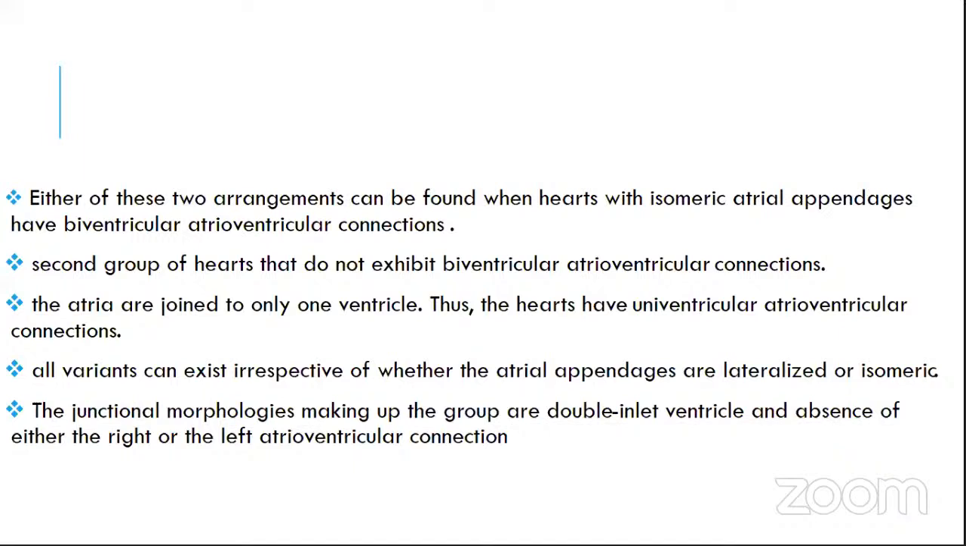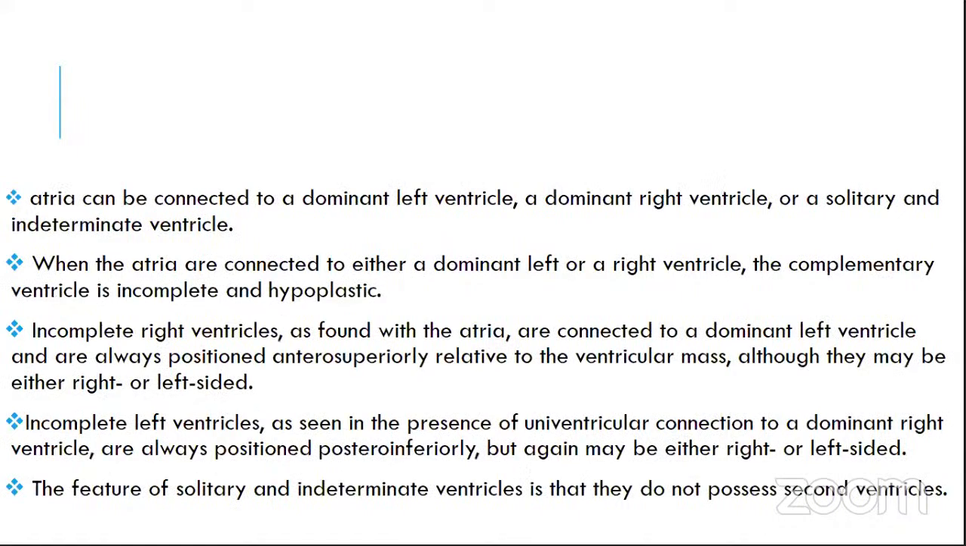The junctional morphologies making up the group are double inlet ventricle and absence of either the right or the left atrioventricular connection. Atria can be connected to a dominant left ventricle, a dominant right ventricle, or a solitary and indeterminate ventricle. When the atria are connected to either a dominant left or right ventricle, a complementary ventricle is incomplete and hypoplastic. Incomplete right ventricles are found when the atria are connected to the dominant left ventricle and